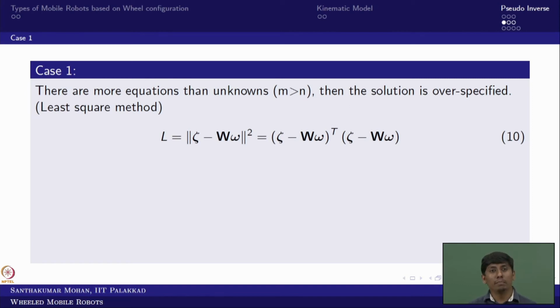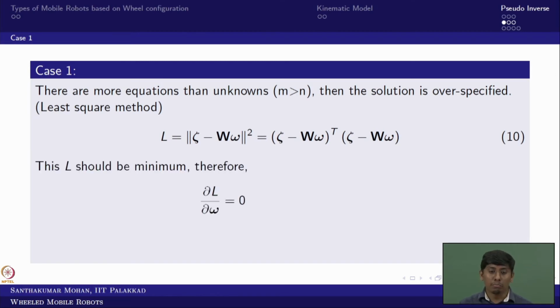That can be either a minimum or a maximum. If I take dou squared L by dou omega squared, and it is positive in sign, then you can call it a minima. So now, bringing that into the case, I am setting dou L by dou omega equal to 0. So now I am partially differentiating this equation with respect to omega. Then what will I get?